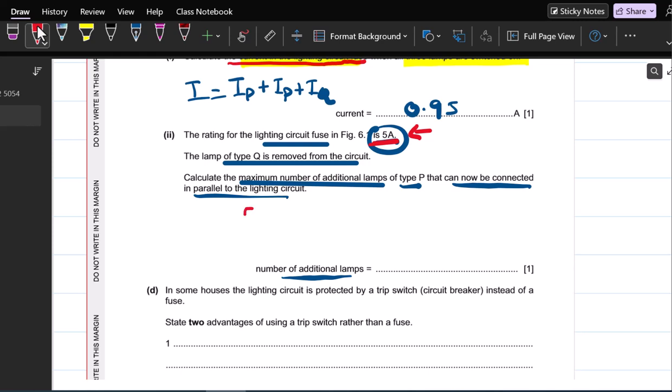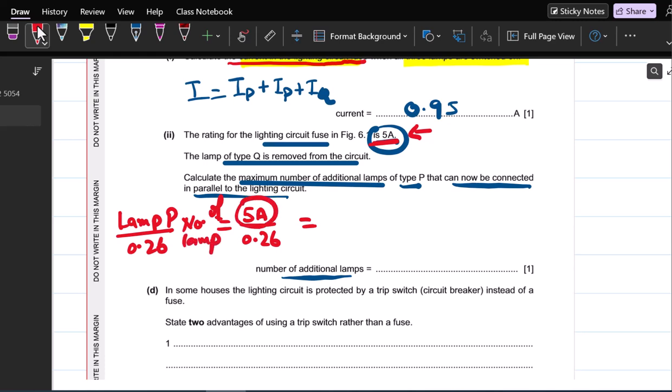So what we have to do, we know 5 ampere current and we know the rating of lamp P, that is 0.26. So we will divide by this 0.26. We will be getting the number of lamps because we know total current flowing from it and how much current one lamp will take. We know this. So we will be dividing it by 0.26. So the answer is